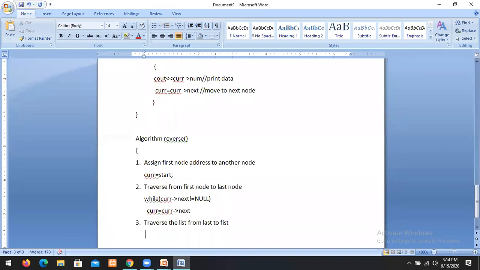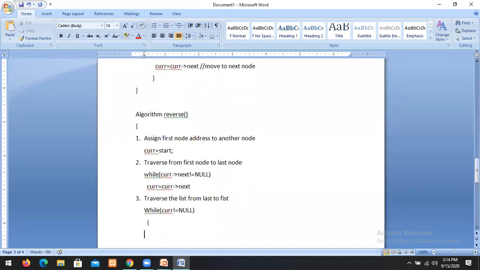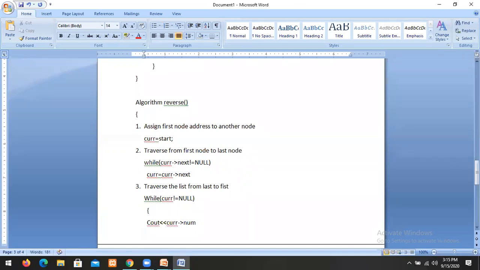So again we say while current not equal to null, cout current arrow number, then current equal to current dot before, and a new line.